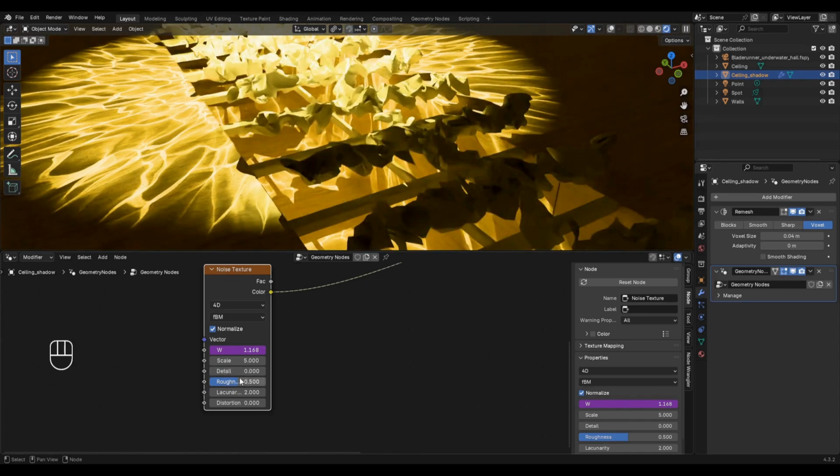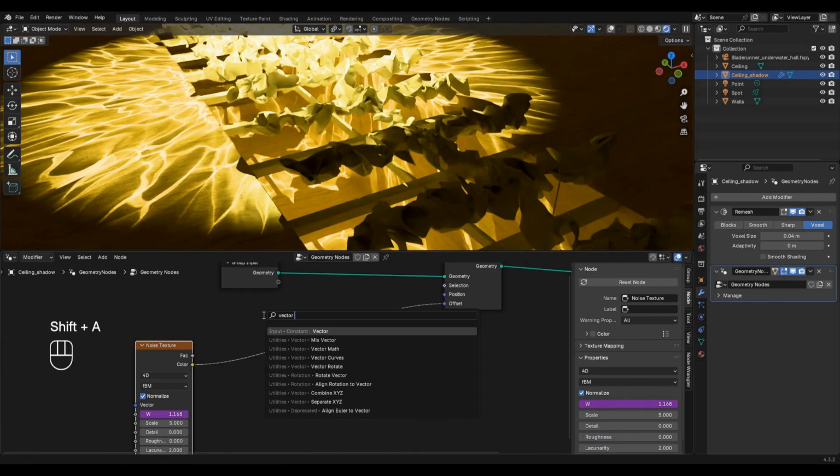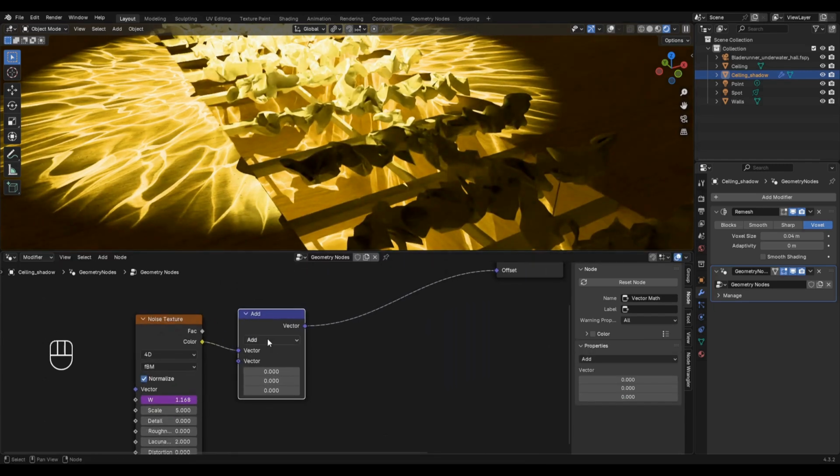Set detail and roughness to 0 to make it smoother. Add Vector Math node and change it to Subtract. Set value to 0.5.